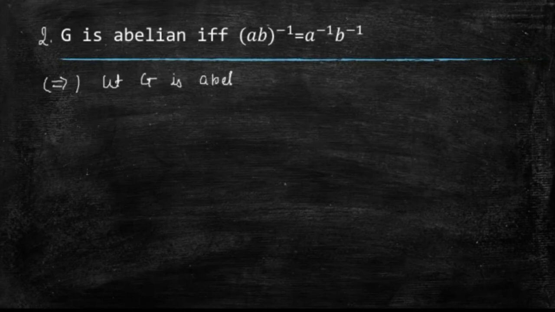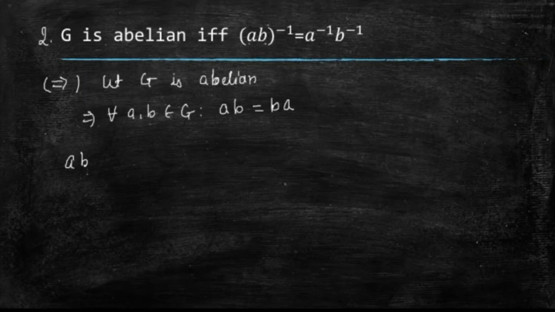If G is an abelian group, the best way to do proofs in algebra is to write down the immediate mathematical equivalence of any term that you come across. So for example, here the term is abelian, and the mathematical equivalence will be: for all a, b in G, we should be able to see that ab equals ba, right? Now I have to prove that (ab) inverse is this quantity.